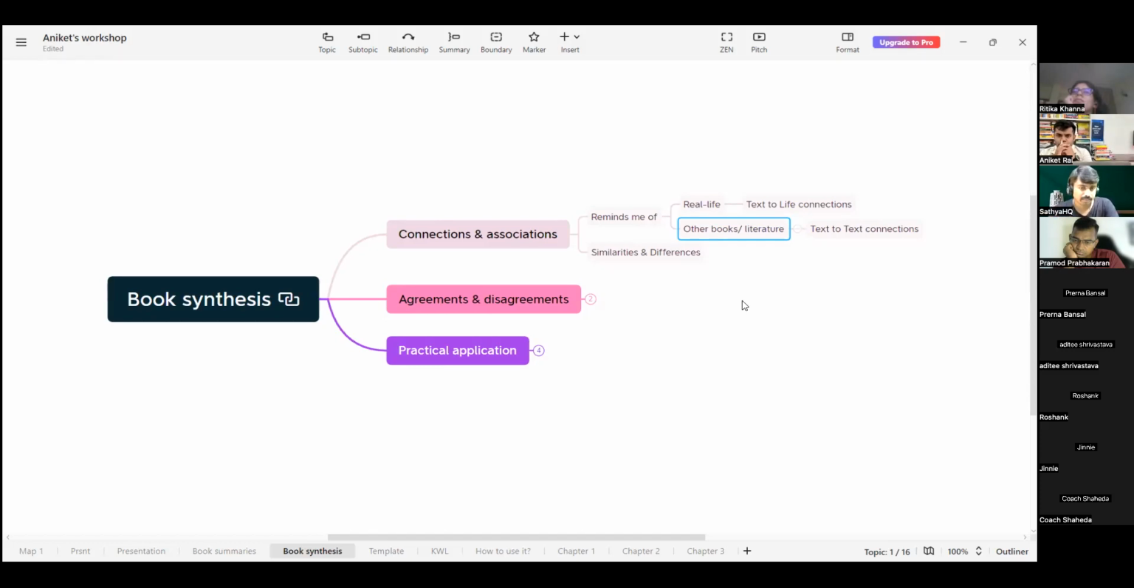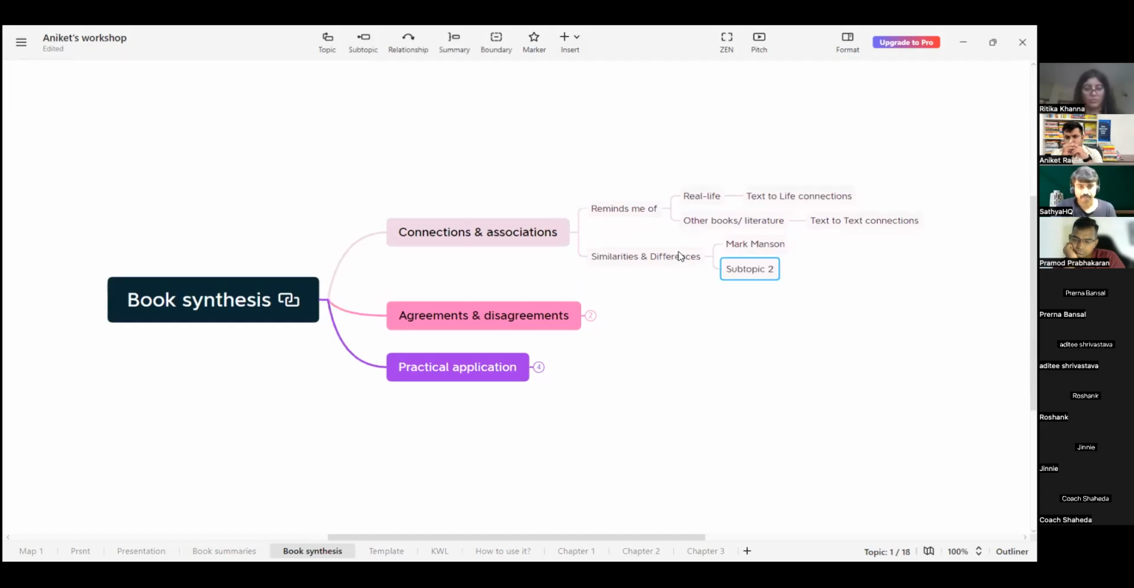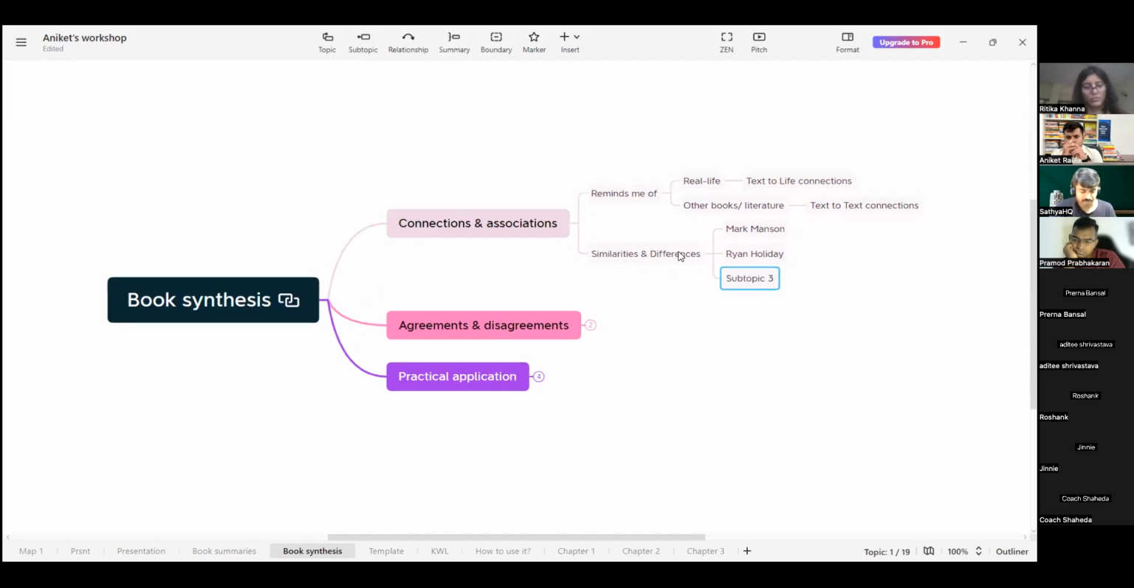So what are all the similarities of this book with another book, another article, another author? This connection and association, I'm not trying to make connections in a mind map or something like that. That is a very childish way of making connections. I'm looking at a very conceptual level of similarity. What is the similarity between the author Mark Manson and Ryan Holiday? And not only that, Ryan Holiday reminds me of another